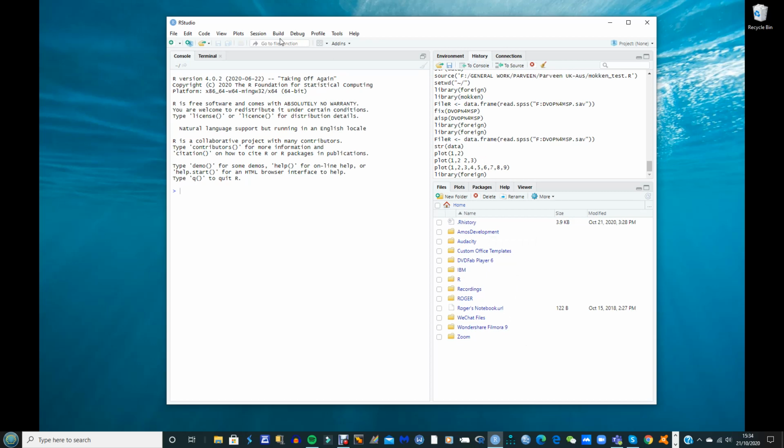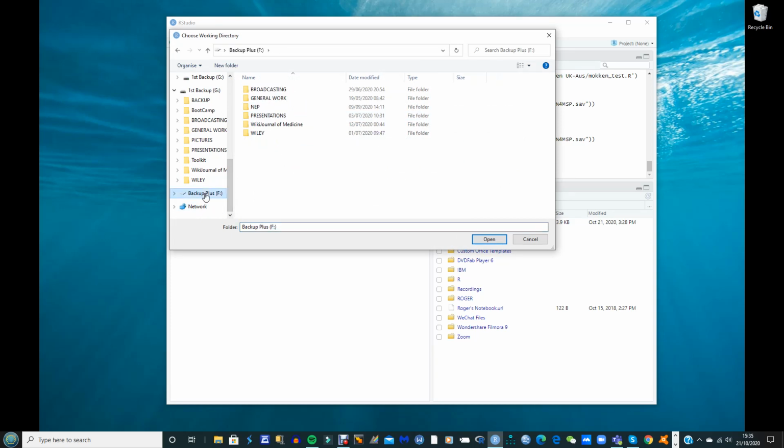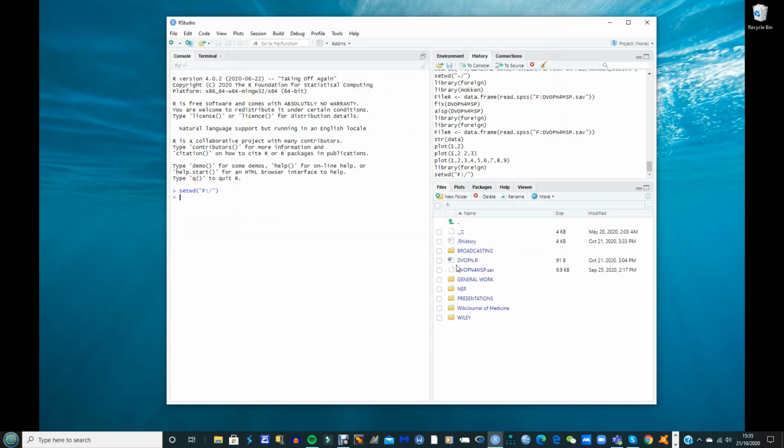What I'm going to do first of all is to set a working directory, and that's because that directory contains the files that I want. I know it happens to be on my F drive. You don't see the file here in this view, but if you open it, it appears down here. The dvopn for msp.sav file, which I want to work on, is there.